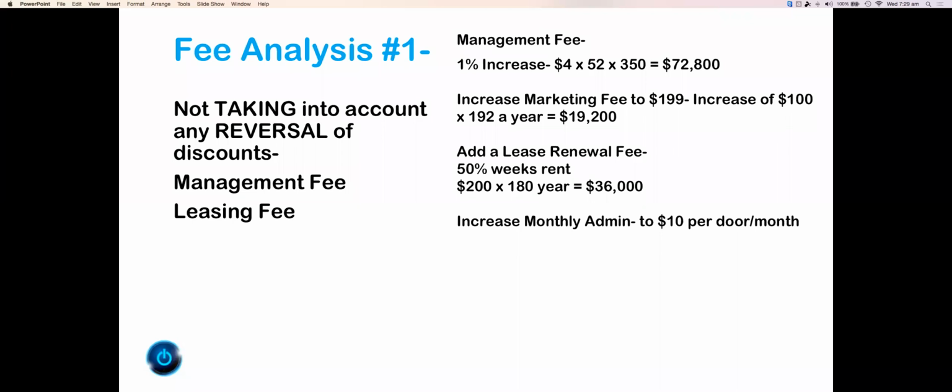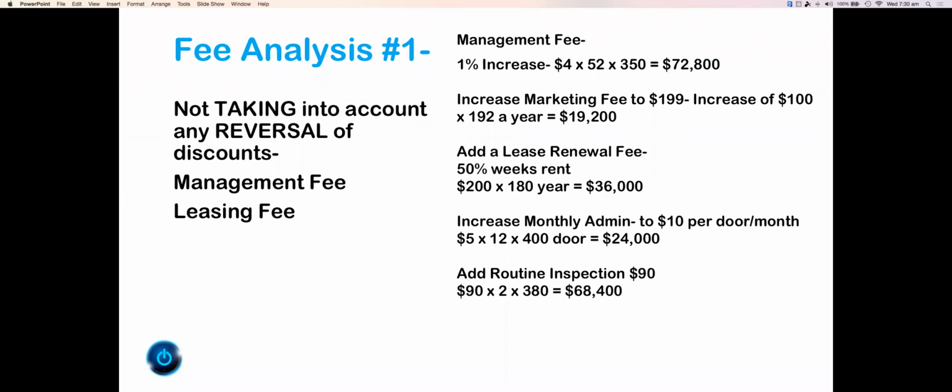Increasing a monthly administration fee, or you might call it a monthly technology fee, or whatever you want to call it, to $10 a month. That's an extra $5 a month increase over 12 months by 400 properties. That's an extra $24,000. If you add a routine inspection, let's say you're doing those twice a year, of $90,